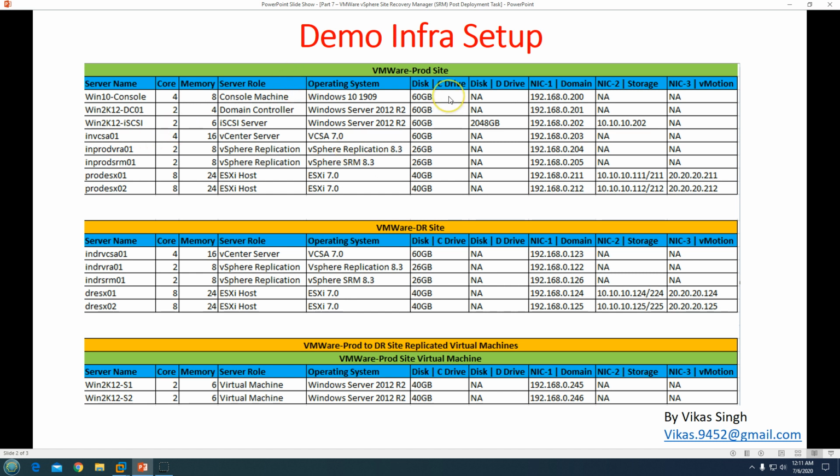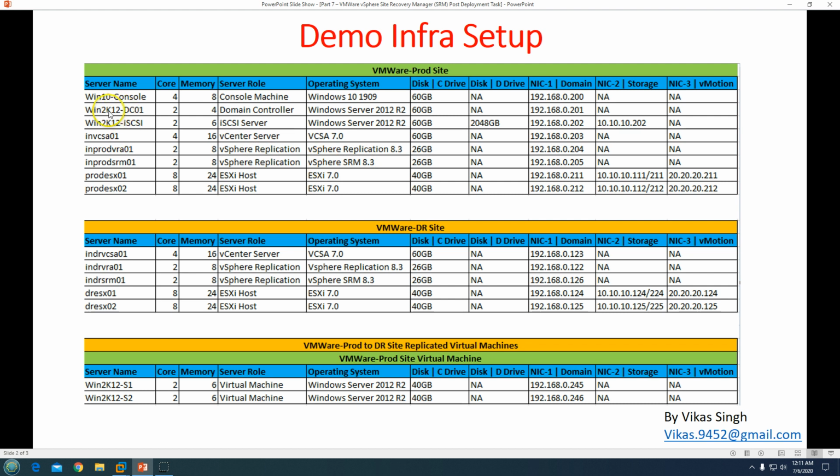So we have three environments, you can say. Basically, one is the production VMware, which has two ESXi hosts running ESXi 7, and one VCSA running the VCSA 7 appliance, and two other appliances, vSphere Replication 8.3 and vSphere SRM 8.3.